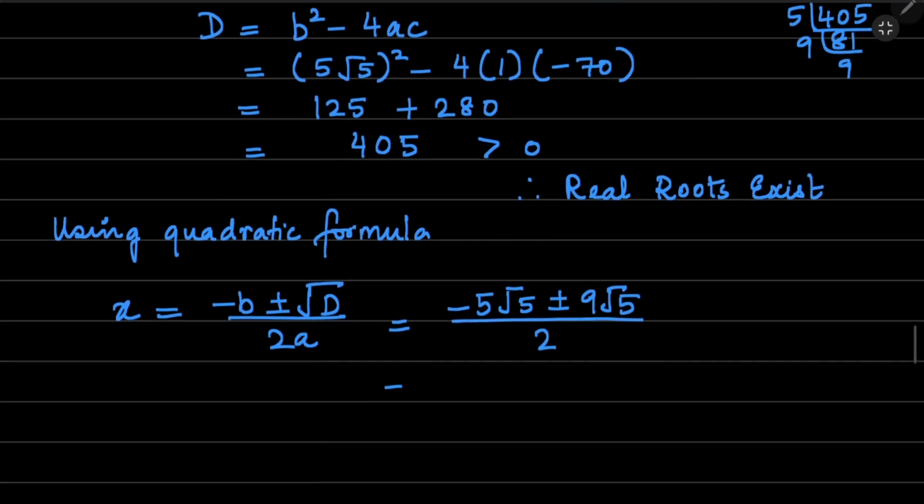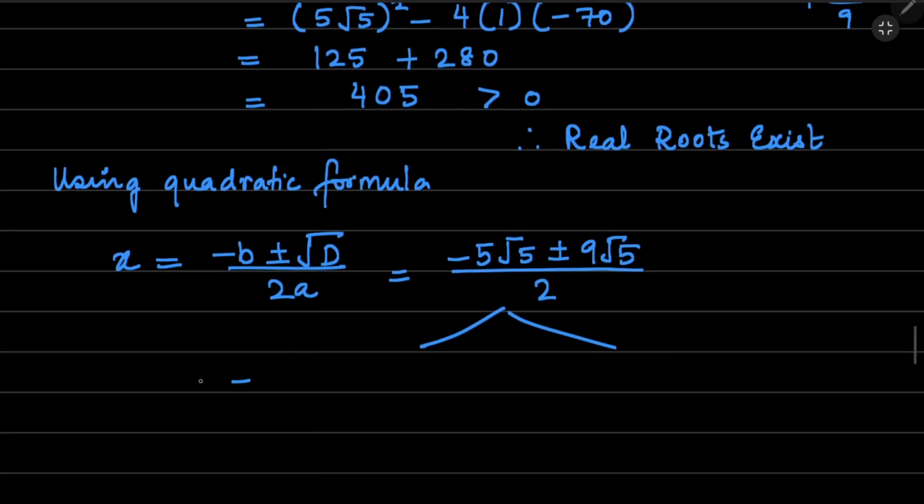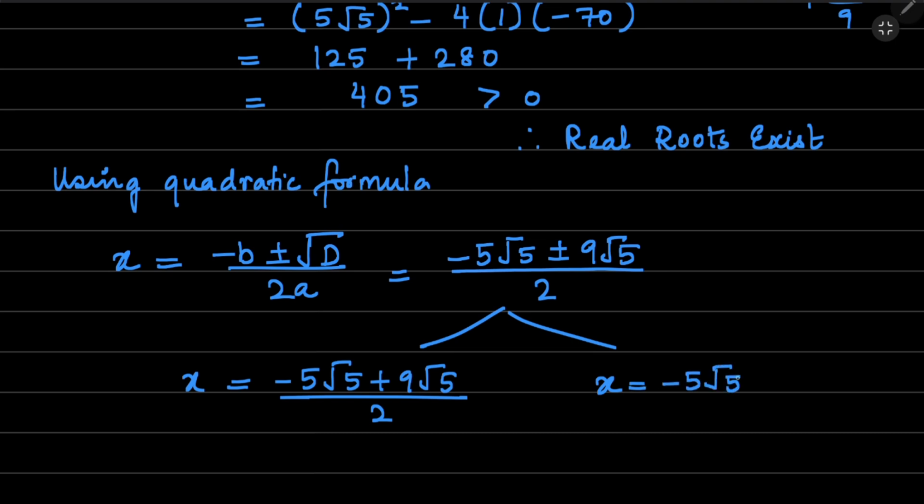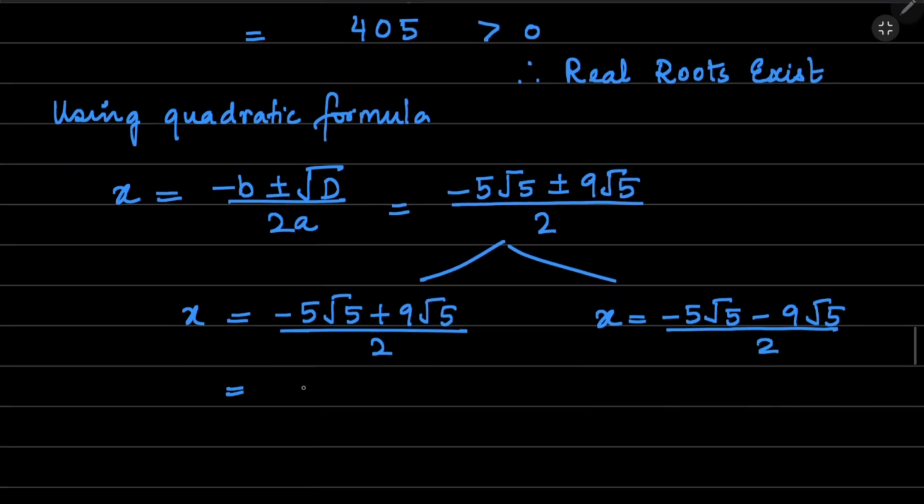So here now there are two roots. What are the two roots? One is x is equal to minus 5 root 5 plus 9 root 5 by 2, and the other root is x is equal to minus 5 root 5 minus 9 root 5 by 2. What is 9 minus 5? It is 4. 9 root 5 minus 5 root 5 is 4 root 5. 4 root 5 by 2. You can cancel this. 2 2s are 4. So the answer is